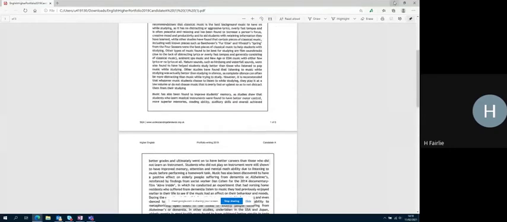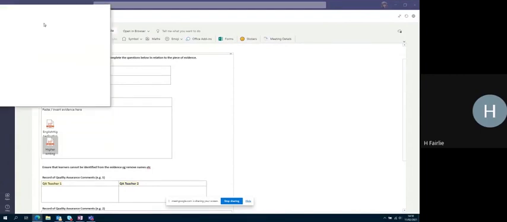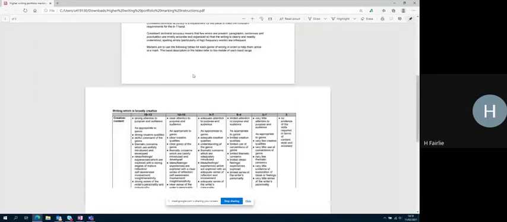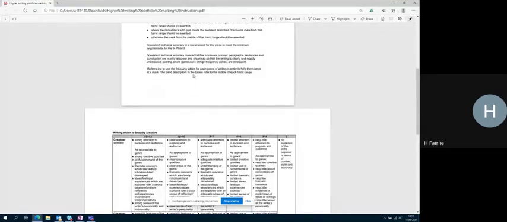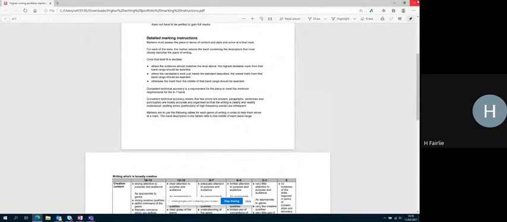Also, same with these marking instructions: open it up, download, here it comes, open file. And there are the marking instructions, the range of marks that I need to look at. So just close that. Teacher 1 and teacher 2, as I say, can come in in advance of our meeting,